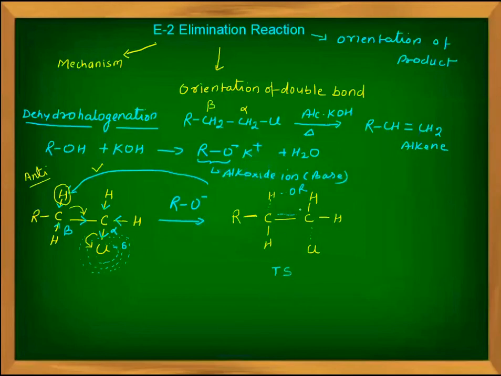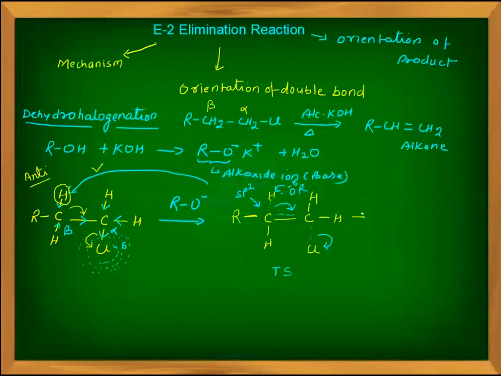In this transition state, the carbon atom becomes partially pentavalent, and the hybridization of carbon is sp2. This partial interaction brings the base and hydrogen closer to each other. So the base strongly donates the electron to the hydrogen. Then these electrons are shifted towards carbon, and now chlorine is eliminated in the form of Cl minus to give